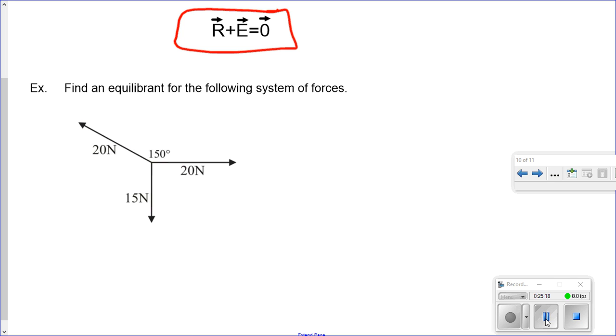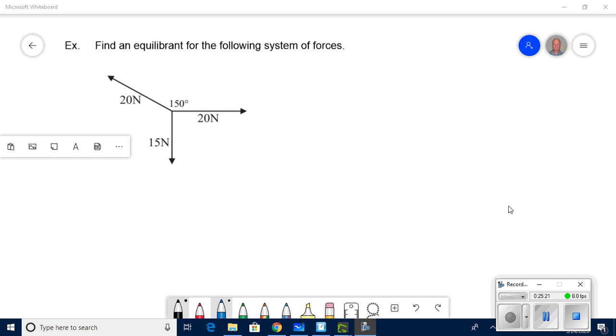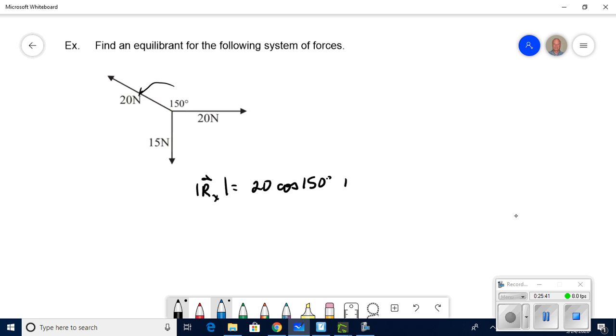I'll walk us through this quickly here. All right, let's do it with components. So our Rx vector is going to be, I'm going to start here and do this one first, 20 cos of 150 plus 15 cos of 270 plus 20 cos of 0. When I work this out, I get,